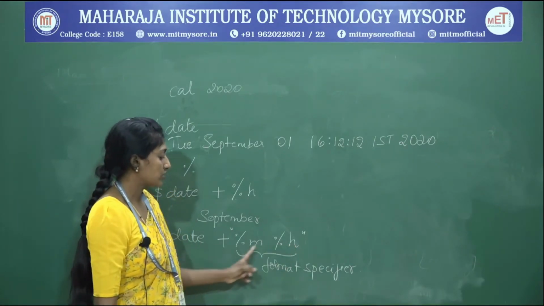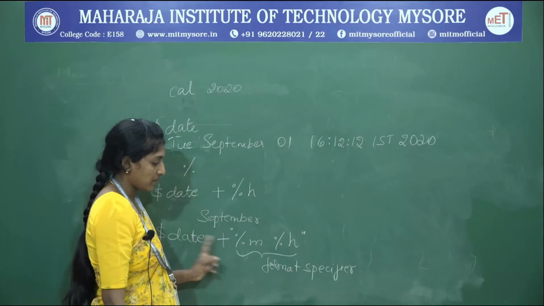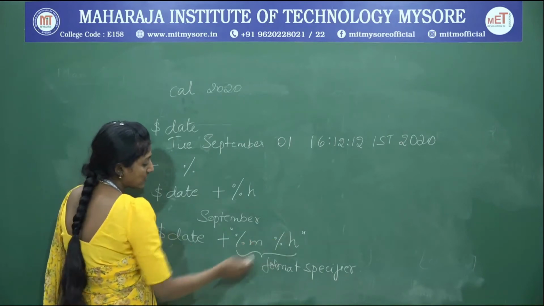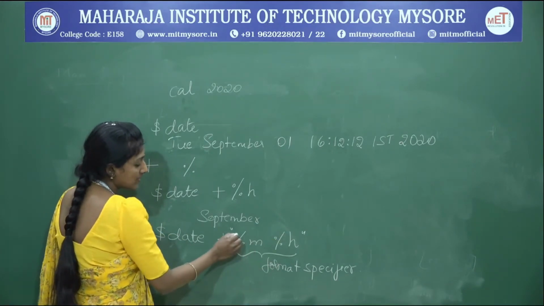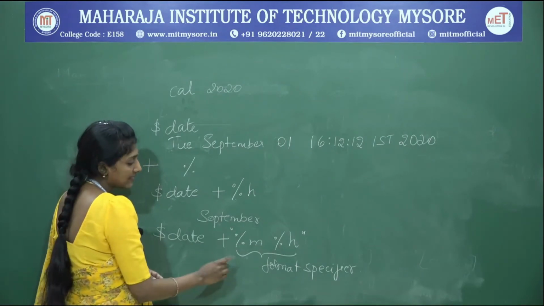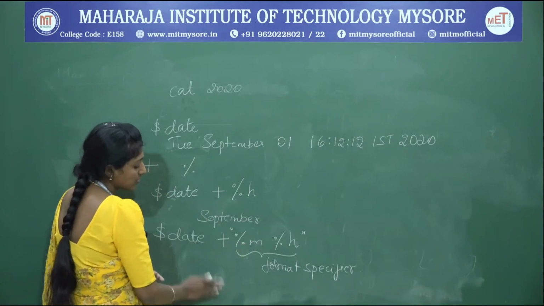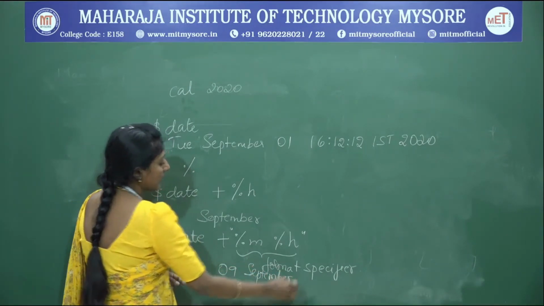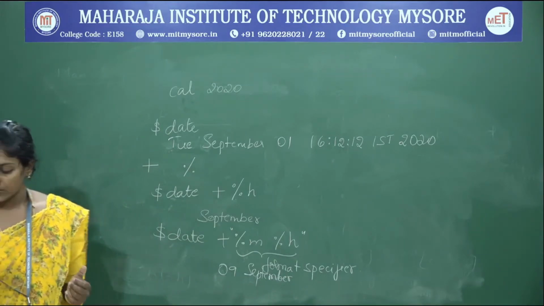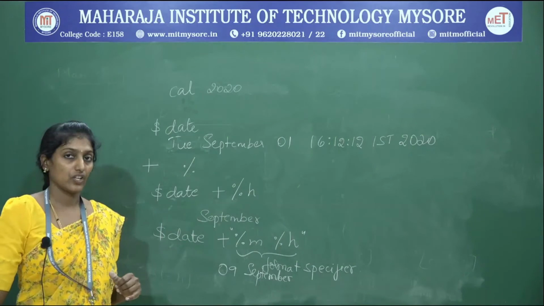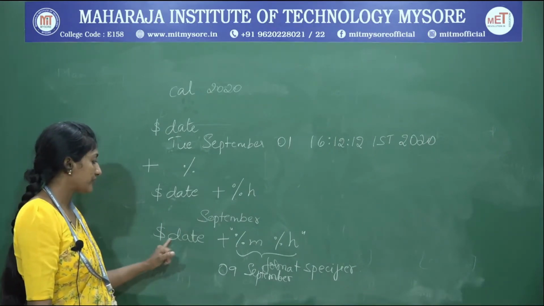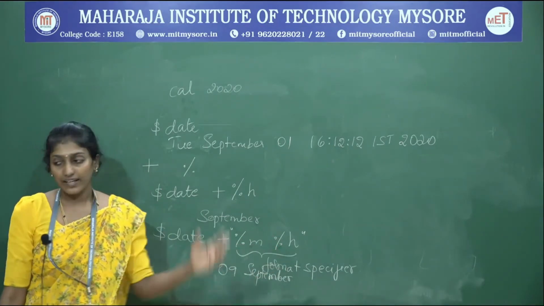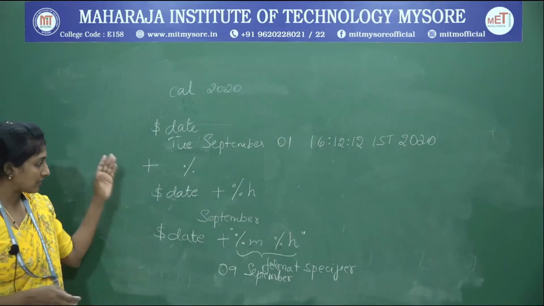So at that time you can use both together, appending them to the date command, for displaying the month of that particular year by using the %m and %h format specifiers. The percentage symbol always has to precede them. So m represents the month number, here 9, with the name September, like this. This is how we get the output of the date command for a specific month number and a specific month name.